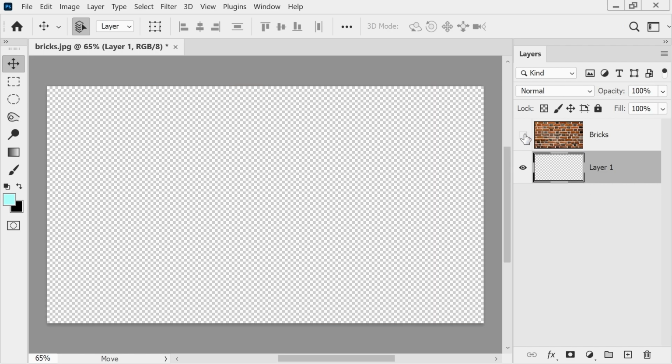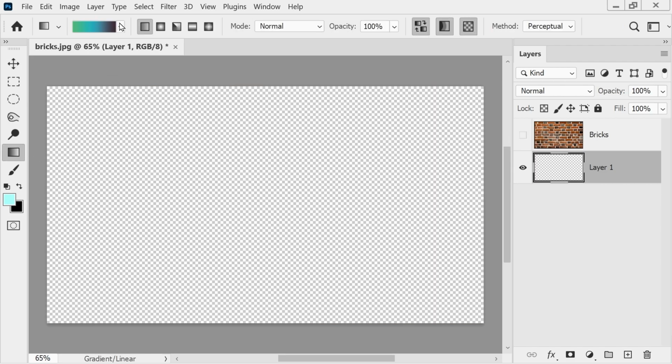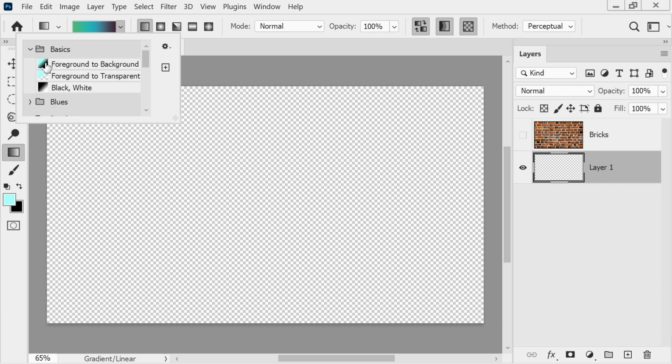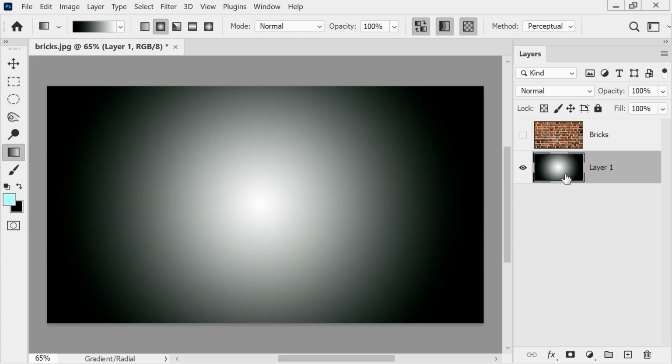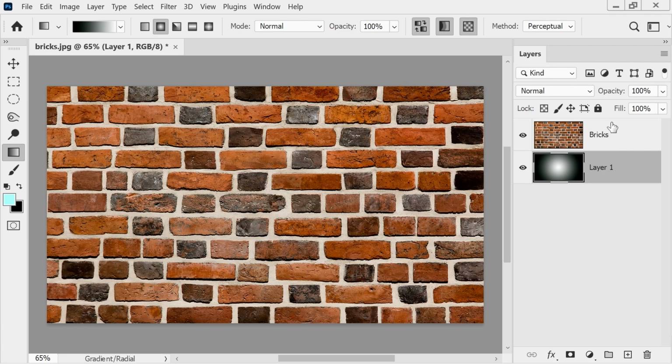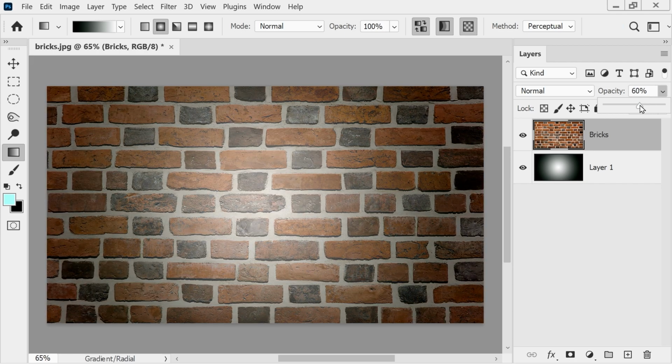So what we're going to do is we're going to hide this layer. We're going to choose the gradient tool. And we're going to go for basics. We're going to go black to white. We're going to make sure that our reverse the gradient colors is on. We're going to go for a radial gradient. And then we're just going to simply drag from here to here. That creates that. And we're going to turn the bricks layer back on. Now, and then we're going to go back to the bricks layer here. And just do a little